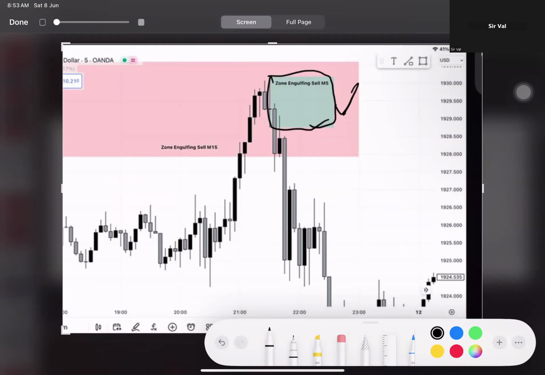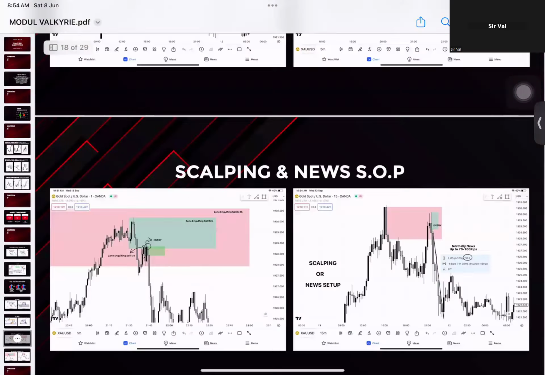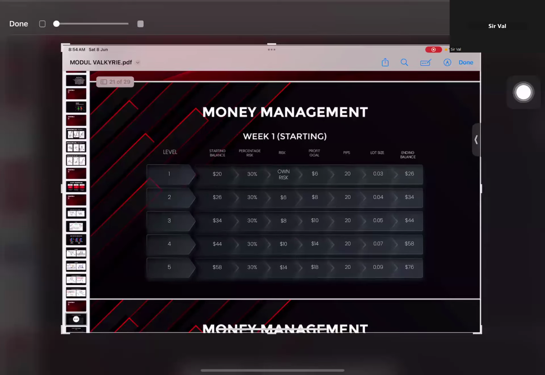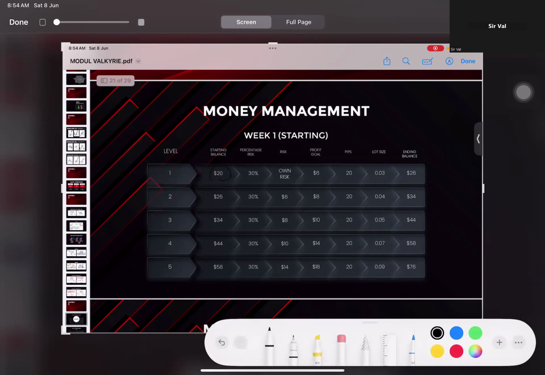But for me, if you are still in the learning process, you have no need to go into M1. You just wait for M15 or M5. I don't want you to be confused. It's very clear. This is just for newbies. I think you won't use this one, because this is only $20.